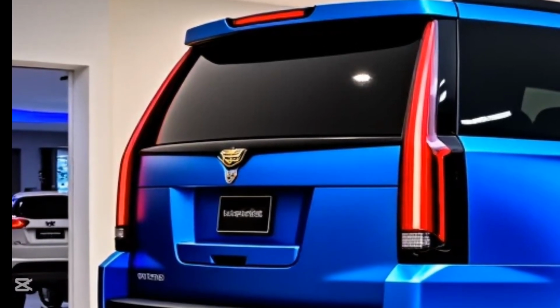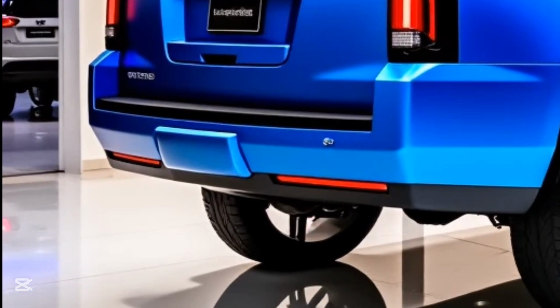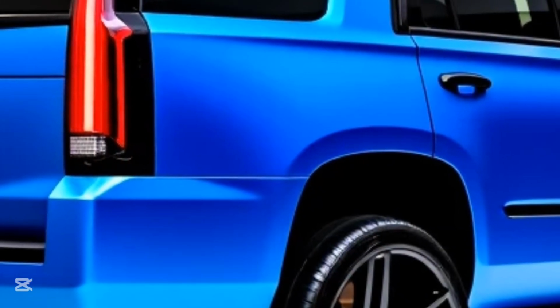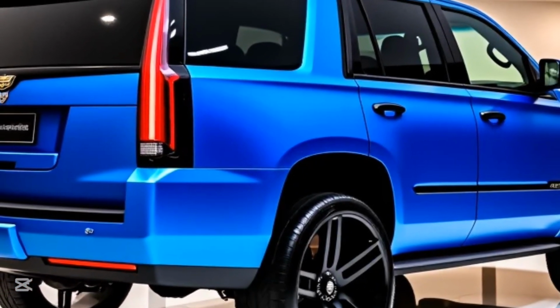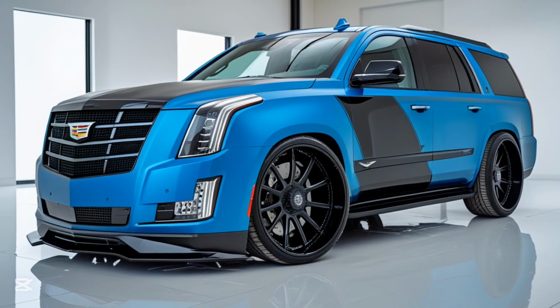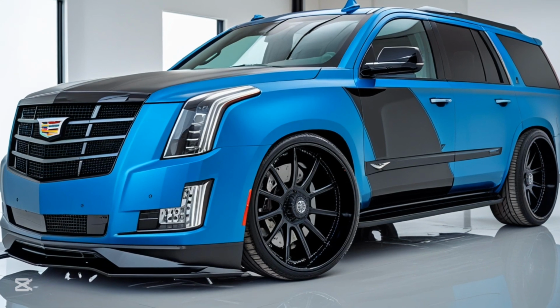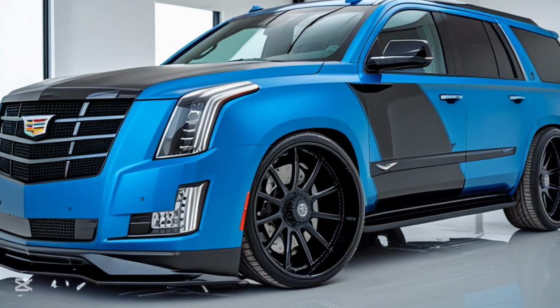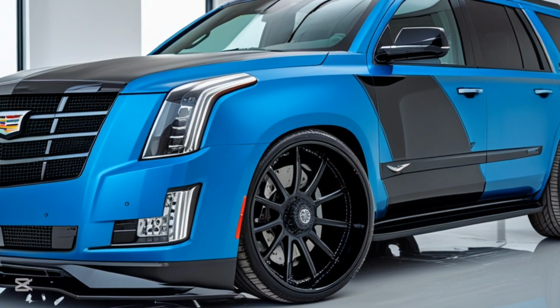Enhanced safety features include improved pedestrian detection, night vision, cross-traffic automatic braking, and a new AI-powered driver monitoring system that ensures attentiveness while using hands-free features. Integration with the latest version of Cadillac's infotainment software allows seamless updates, advanced voice commands, and full wireless compatibility with smart devices. In every way, the 2026 Cadillac Escalade exemplifies